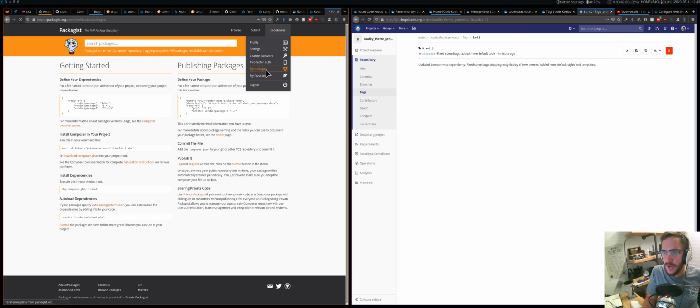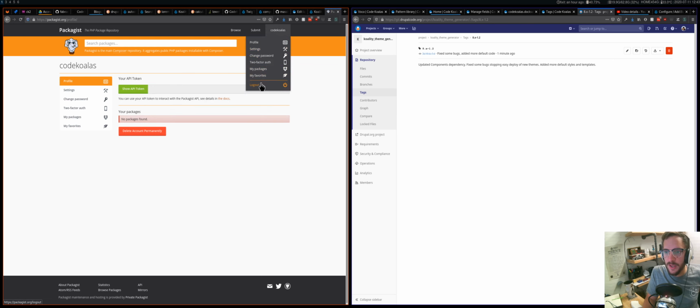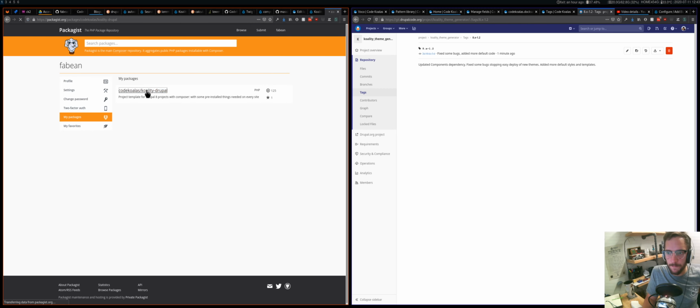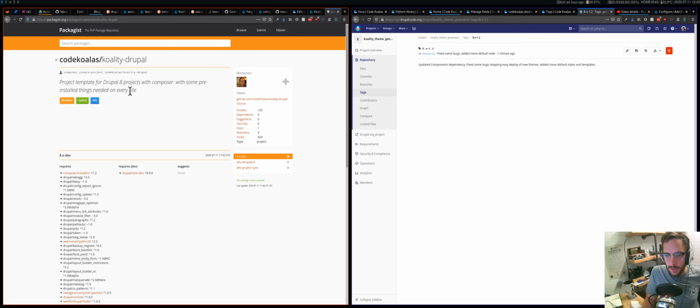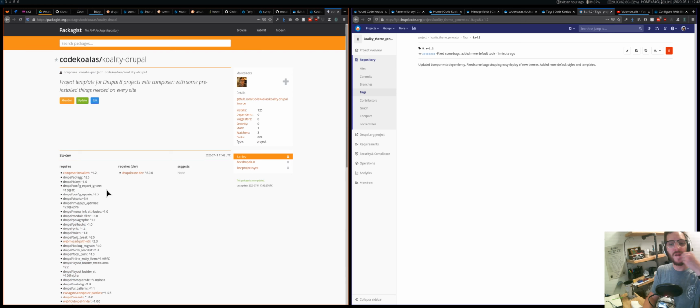I think so, because it says code qualis. Nope, no packages found. Okay, I think what it is: they belong to me, but code qualis has an account, because you need that to have an organization or whatever, and so they belong to me, but they are under the code qualis namespace somehow. Yeah, quality Drupal. I just want to see, this was updated on the 11th, so this is all nice and up to date. So in theory, if we run this again,